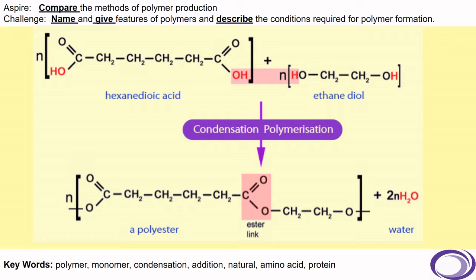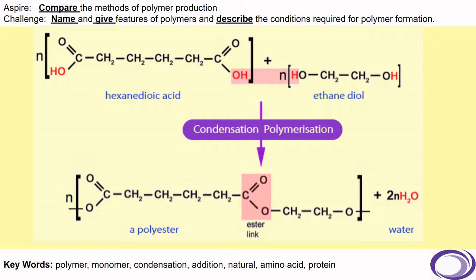Now it's those functional groups that react in the same way in which they did an ester earlier, and we get an ester link. But this time it's not just occurring between two molecules. Because there are two functional groups on these molecules, they can continue to make those ester links and form a long chain polymer called a polyester, as it is the ester link forming to make the link between the small